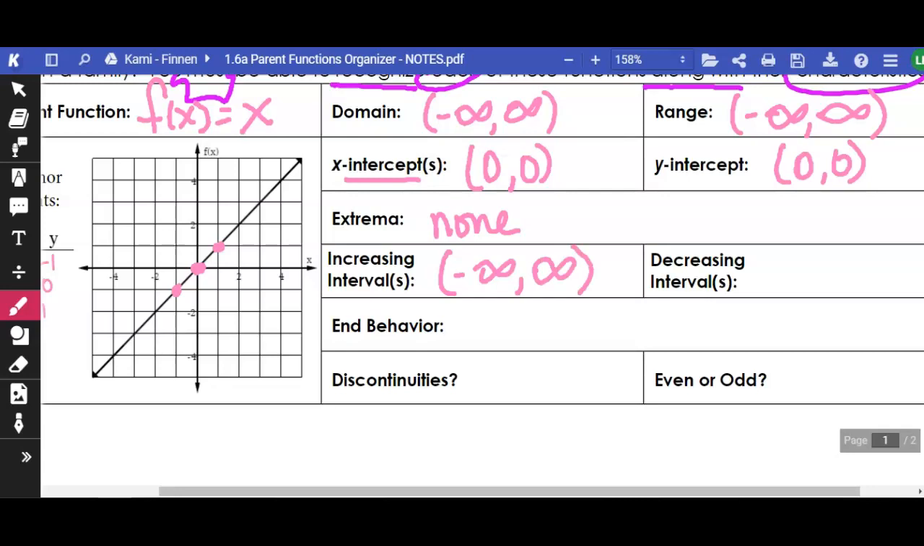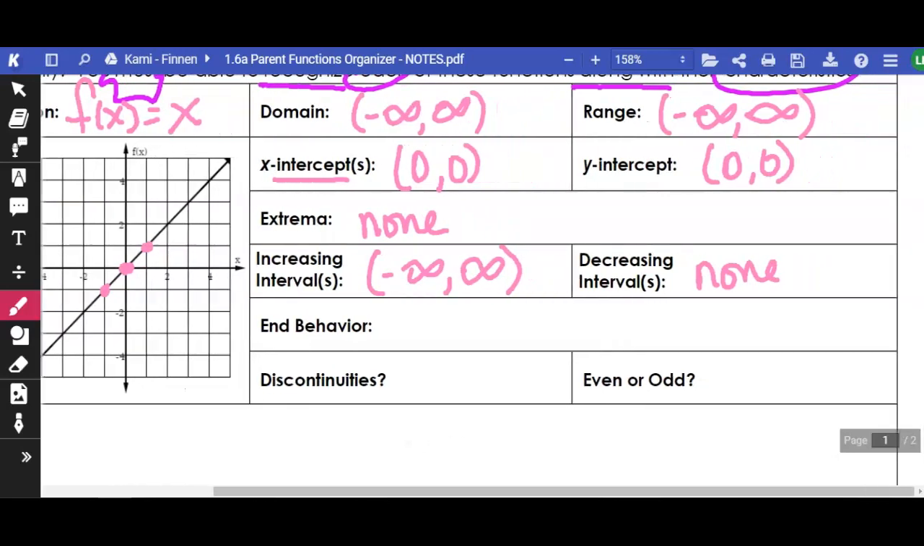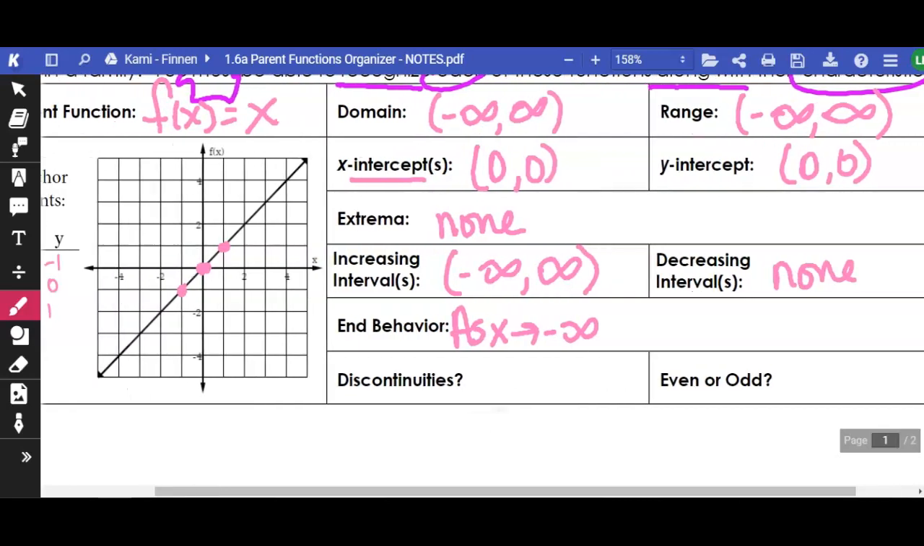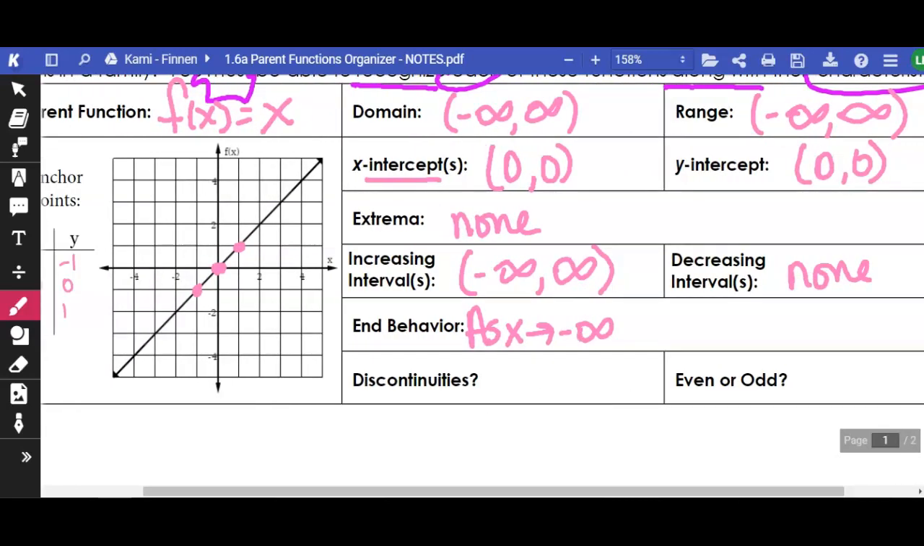And the decreasing interval is none. Okay. So our end behavior. Remember, end behavior is as x approaches negative infinity, and this is the only time you go to the left for anything that you're trying to discuss. So as x approaches negative infinity, as it goes out here,